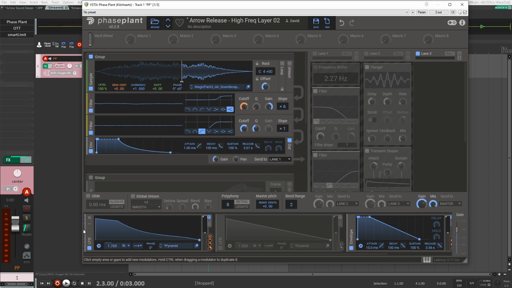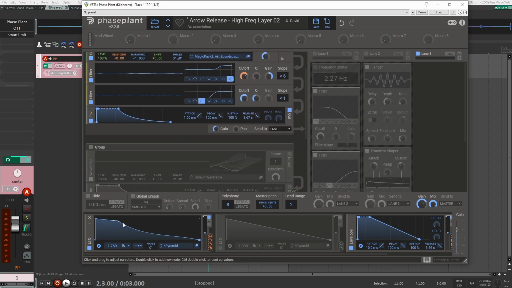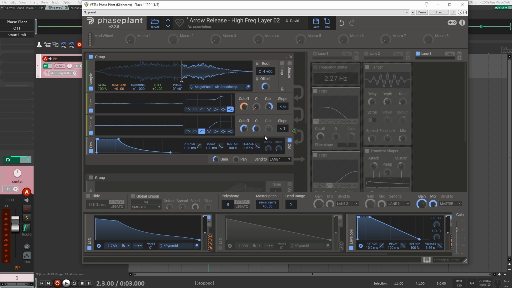So a lot of this patch is made using this LFO down here. And what this LFO is doing is the shape that I wanted for the pitch as it's whizzing away. You want the pitch to go down a little bit, so that's what is happening here. So I assigned this to the pitch up here, right? And also I assigned it to the cue here for this filter. So if I play it,